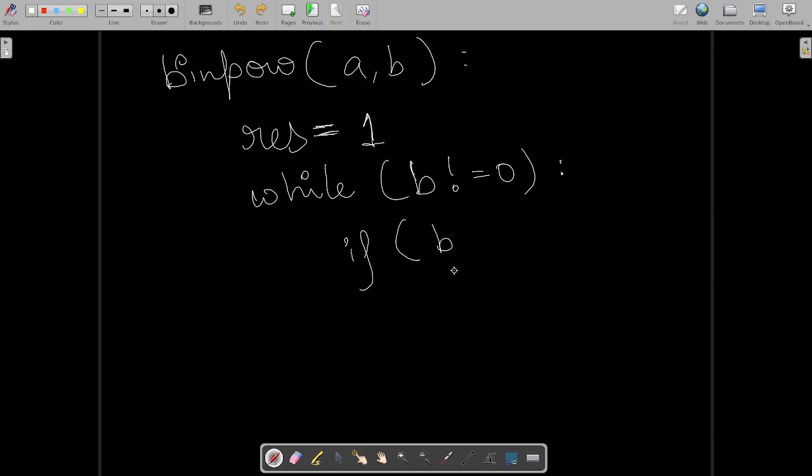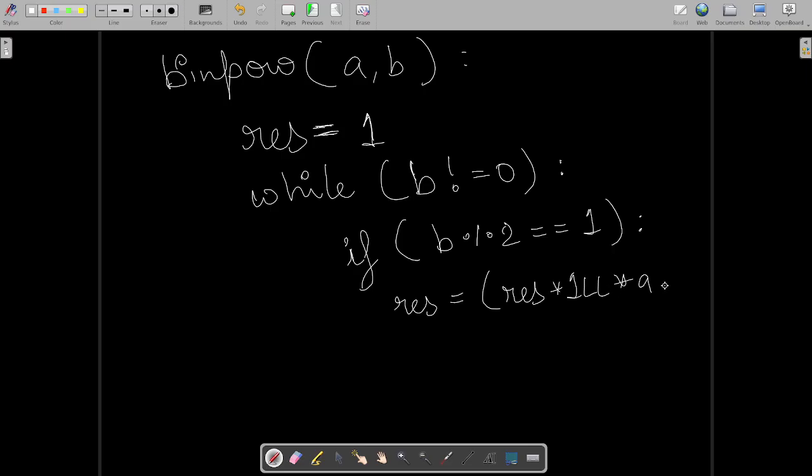This we'll talk about on Wednesday. So while b modulo 2 is equal to 1, saying that this is an odd number, we will do res is equals to, what did I tell you? Res into 1ll into a modulo mod,